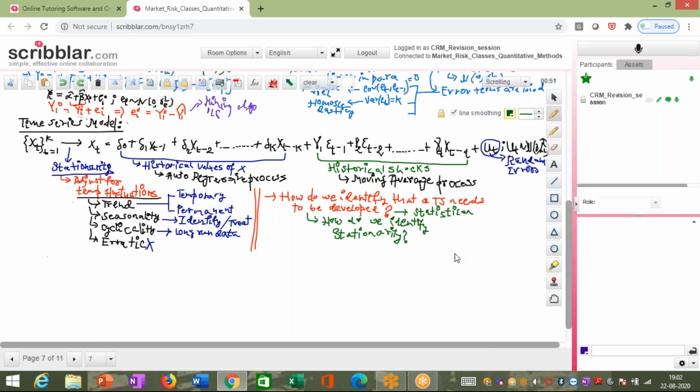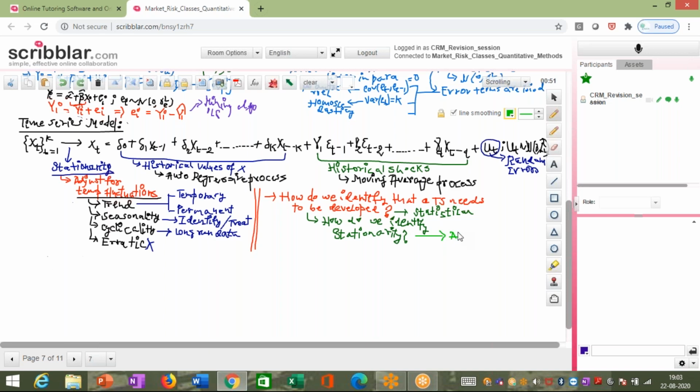So how do we identify stationarity? The test to identify stationarity over here is the augmented Dickey-Fuller test, or as we call it, the famous